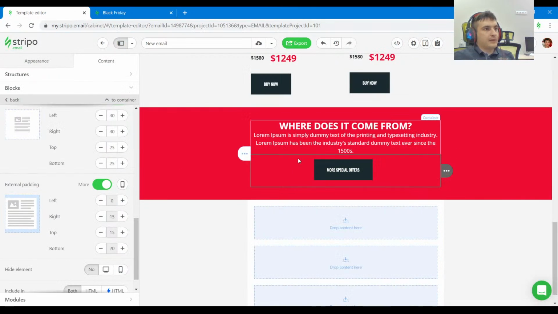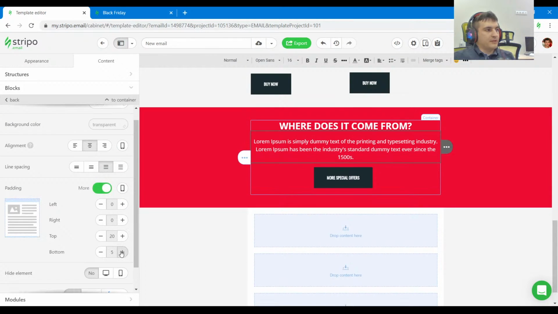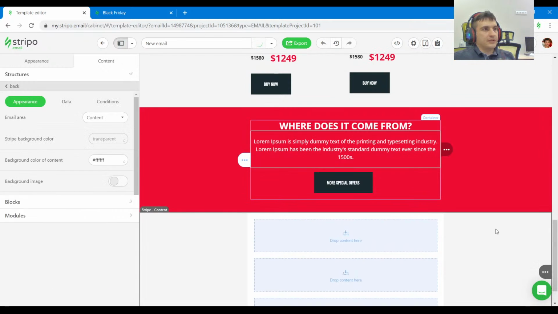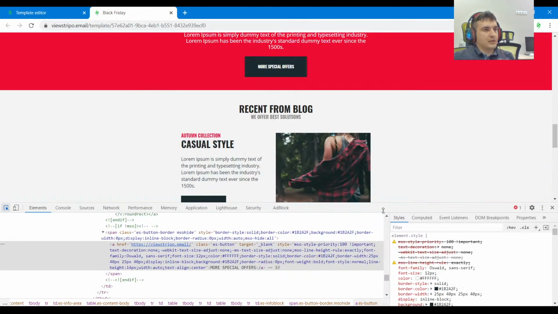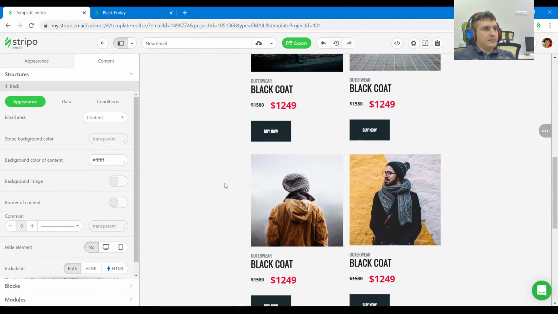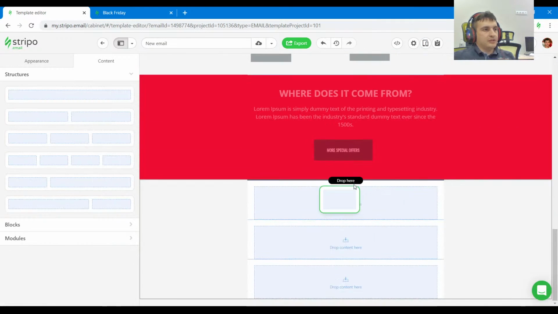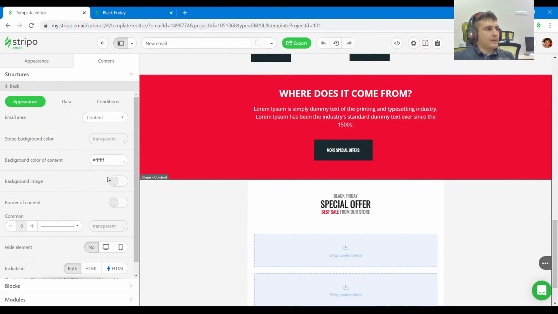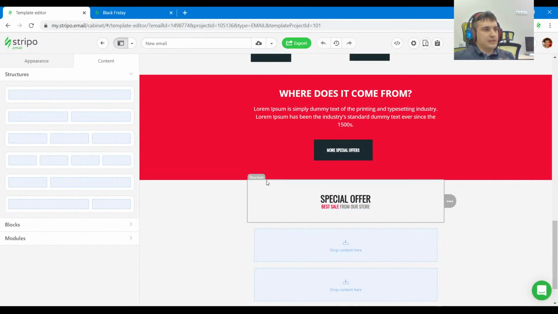We have 20 from the top and from the bottom for this one, and we can move to the next section. So here we can recreate the structure, I believe, with the help of this one that we created previously, and we can just remove this text block,